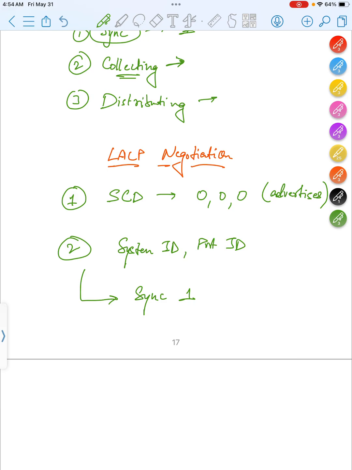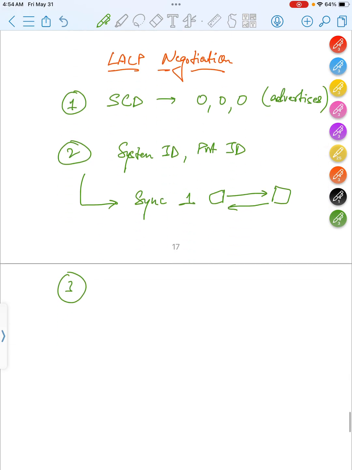Now it sends from the source to the destination. The destination also does the same with sync 1, saying that it is willing to participate. The third step is that initially the LACP packet includes the local system ID, port ID, and port priority, along with the detected member information. So it will send in the sync all this information: what is my system ID, port ID, and port priority. Based on that,